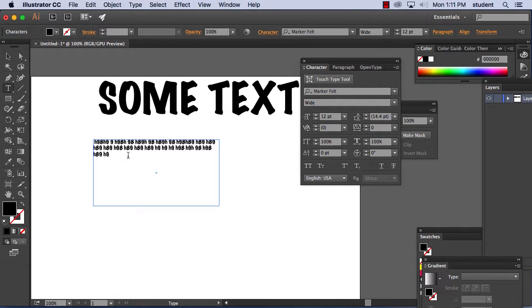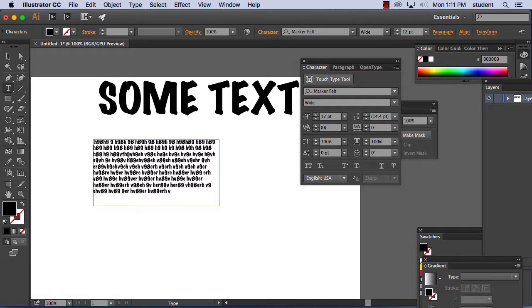Okay, so when we go to making things with multiple columns, we're going to be using the same type tool, but instead of just clicking with the type tool, you draw a box. It'll give you a box that you can use to put in a whole bunch of letters, and they can wrap. If you have more letters than the size of the box, watch what happens in the corner. It'll give you a little red dot. See the little red plus shows up? There's a little red plus right here. That little red plus, whenever you see that, is telling you inside Illustrator you have more letters than are in the box. You can either make the box bigger